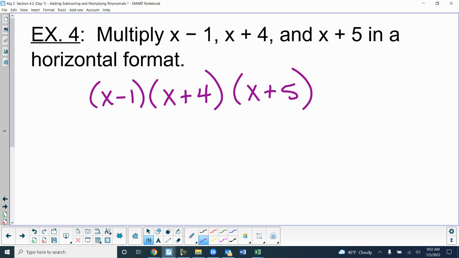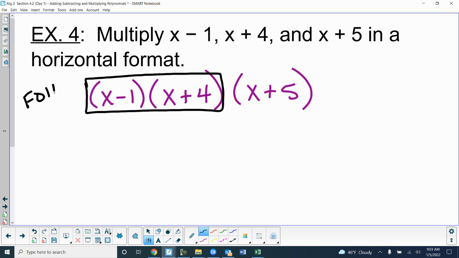So don't try to do all 3 at once. Just do 2 at a time. And it doesn't matter what order. I usually just go left to right. So I would do these 2 first. And if you have 2 binomials, what do we call it when we multiply? FOILing, right? Okay. So first, x squared,